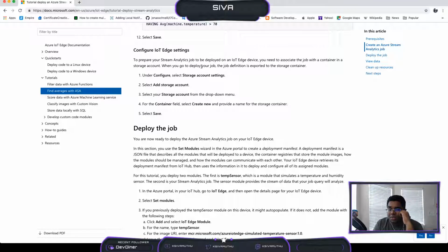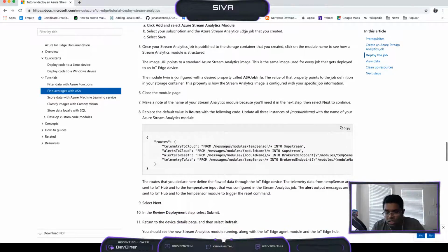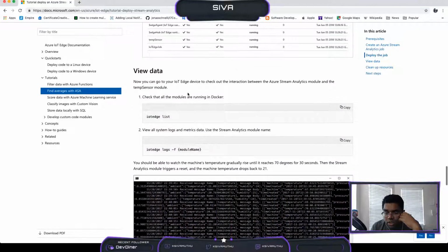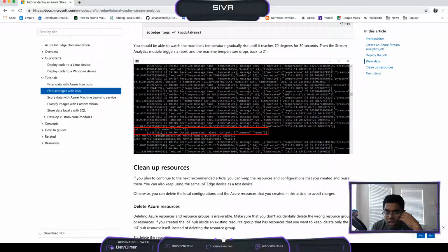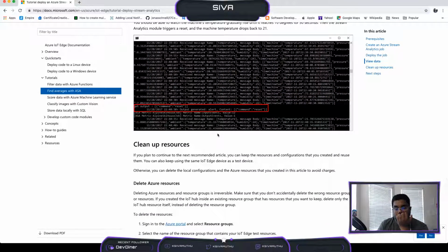to prepare your Stream Analytics job to deploy it on an IoT edge device, you need to associate the job with a container in a storage account. So when you go to deploy, your job definition is exported to the storage container. Okay, so once this is done, then we should be able to deploy that, right? Yeah, here is an alert, like the output generated alert content. Okay,